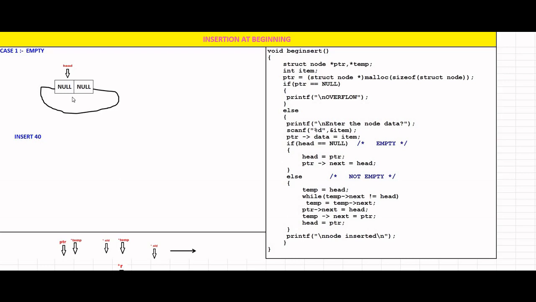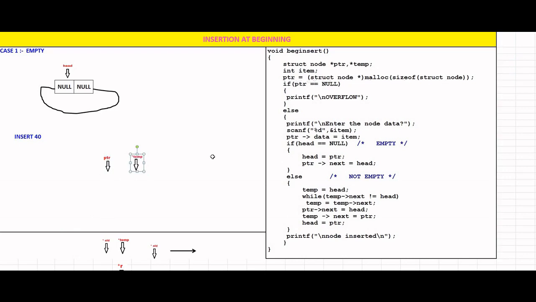We require a struct pointer. This is the function name, begin insert. We require struct node pointer ptr and pointer temp, so I am taking these two pointers here. Then ptr is equal to struct node malloc size of struct node.